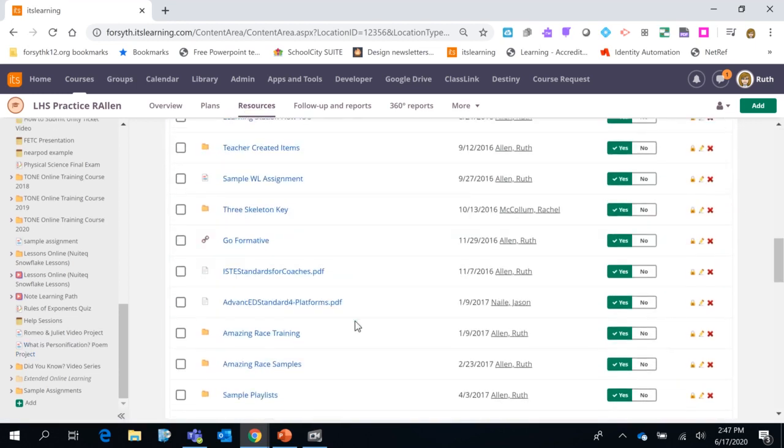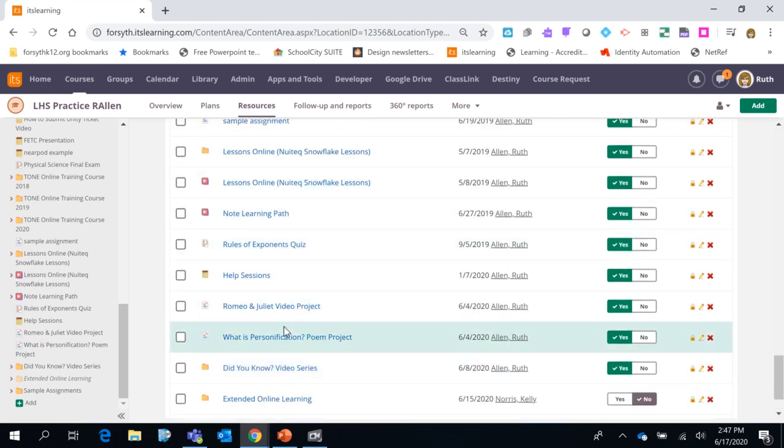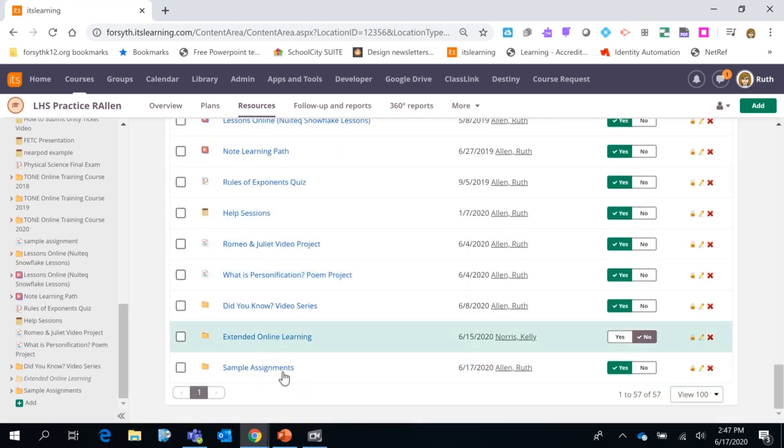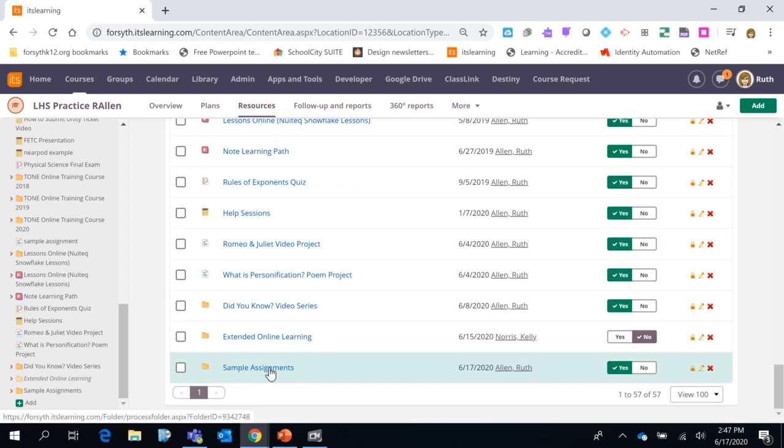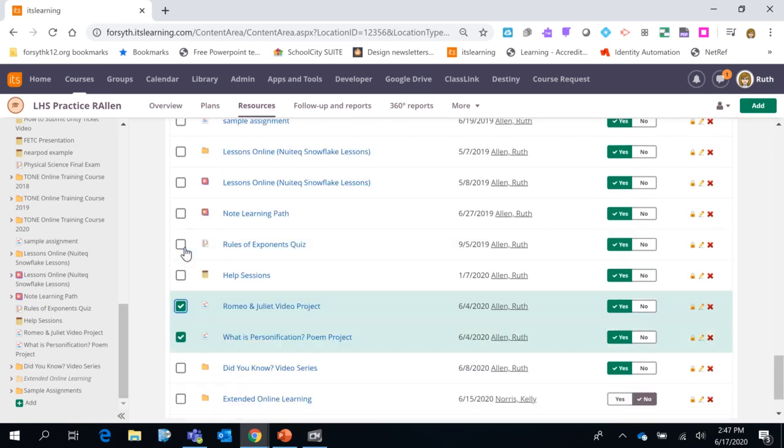So I see all my folders, and down here I see those random assignments that I want to actually put in a folder. I've already created this sample assignments folder, and now I'm going to move these items into the sample assignments folder. To do that, all I'm going to have to do is check the items that I want to move,